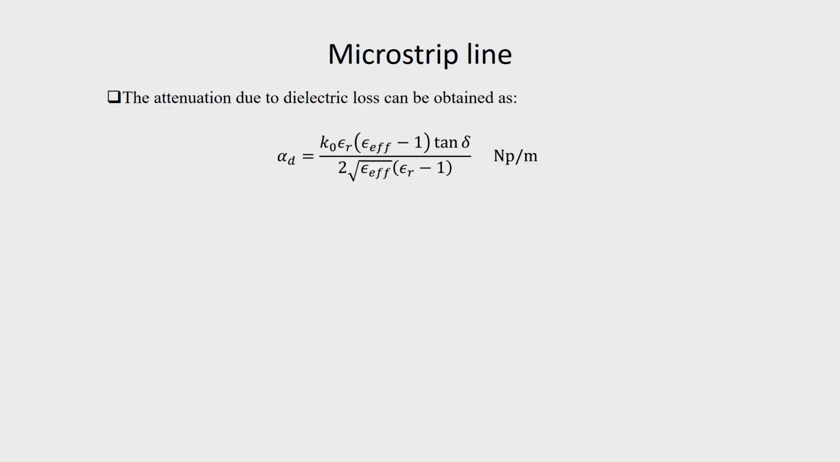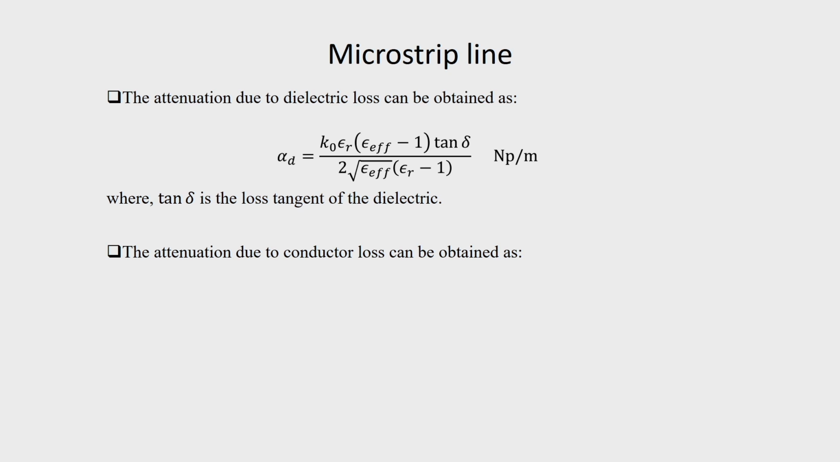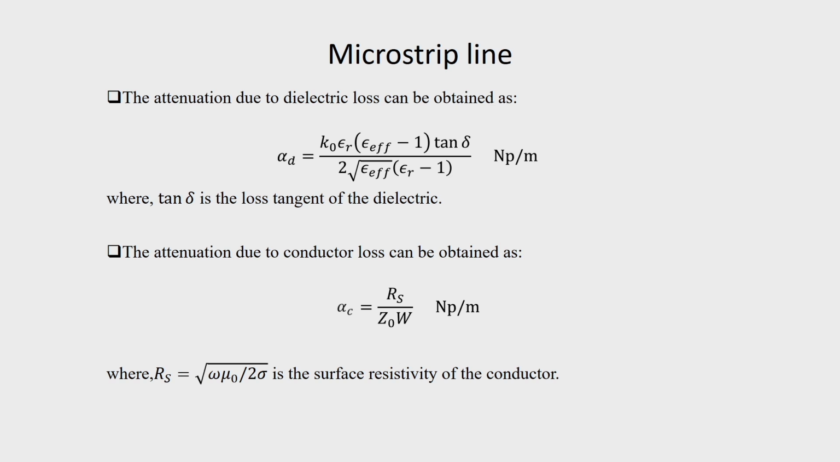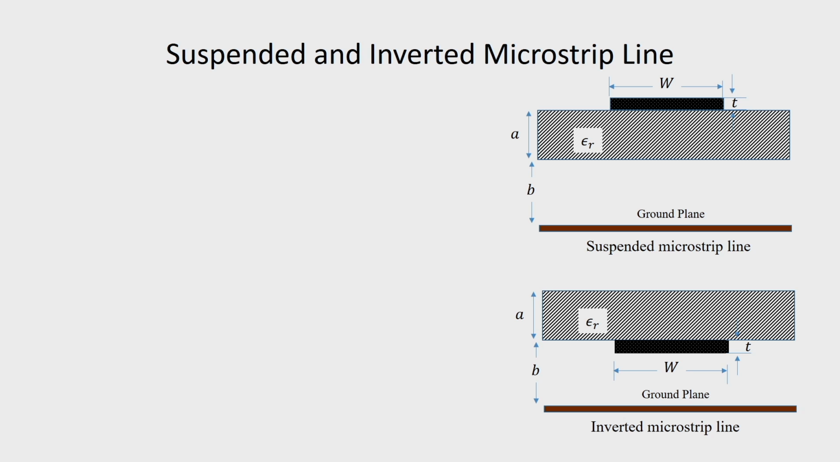So, the attenuation due to dielectric loss can be obtained from the effective epsilon, and this is denoted by alpha d, and we can also estimate the attenuation due to conductor loss, and this can be written as alpha c is equal to Rs divided by Z naught W, where Rs is the sheet resistance or the surface resistivity of the conductor. So, we have discussed the basic microstrip form, which is very popular,